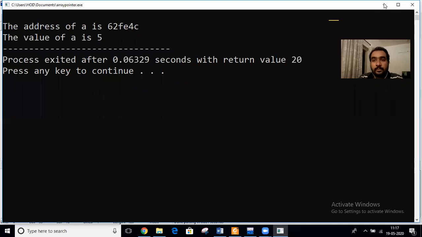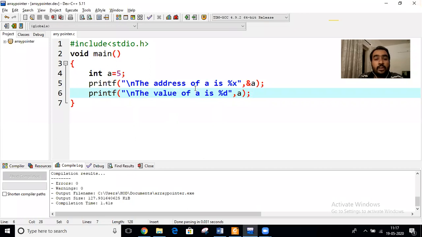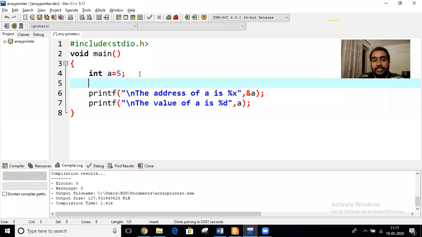Okay. So coming back, first of all, we have to know what a pointer is. A pointer is a variable that points to another variable, or else it is a variable that has the address of another variable. It does not have any value, but it will have the address of the particular variable. For example, if I am writing int *p, this is known as pointer